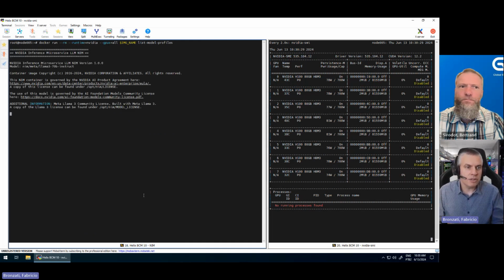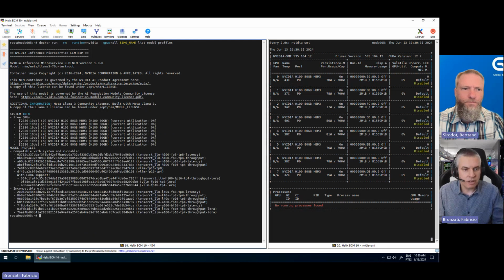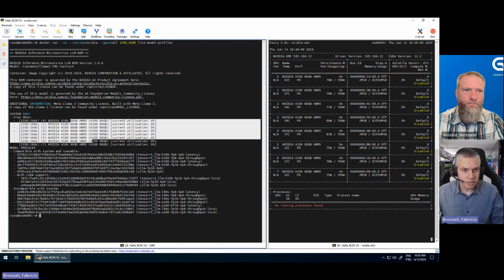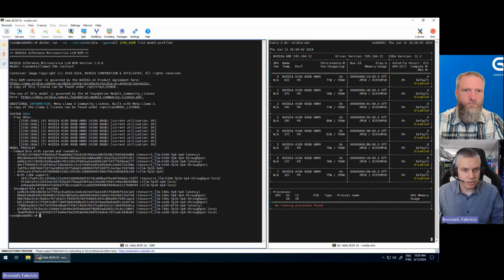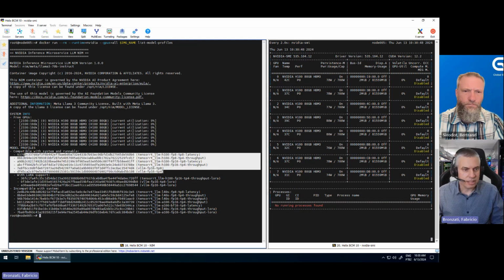It will start the same container, but instead of downloading and starting the model, it will show all the profiles available. In this case, I'm running for the 70 billion. It lists the GPUs that are free and available to use, and these are the profiles that are compatible and can be run.